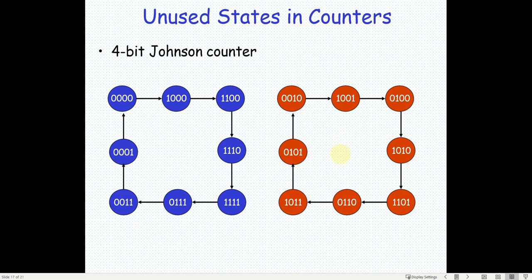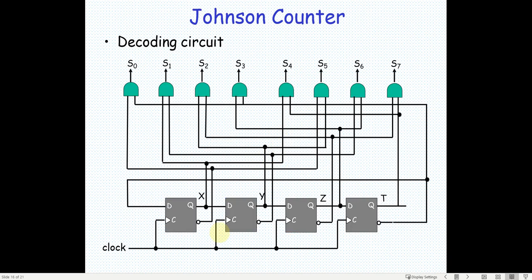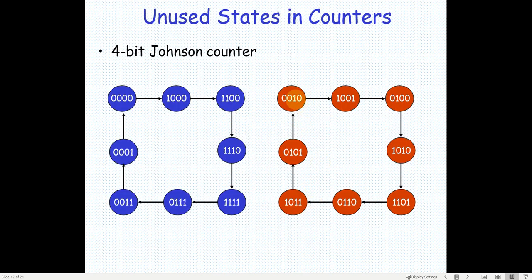So don't use don't care conditions whenever you are making a counter for practical applications, because we won't know when we are switching on the power supply. Maybe because of spurious switching, it could land up in this state. If you make a circuit like this and hardwire it, and it reaches this state, there is no way you can come out of it. It will keep moving in this loop, so you have to be careful with that.